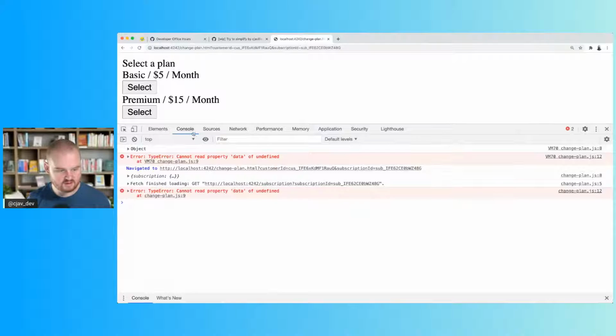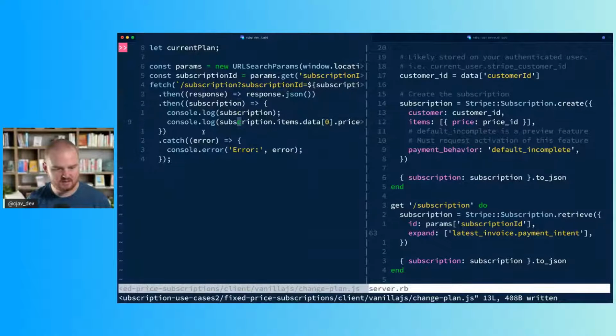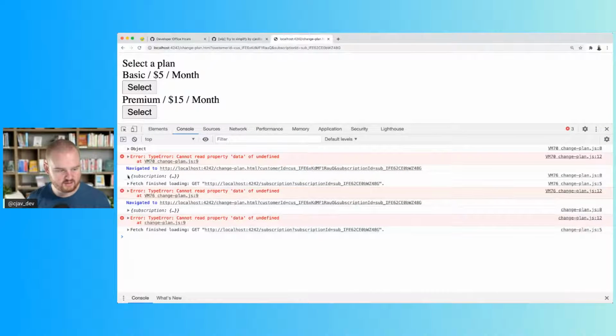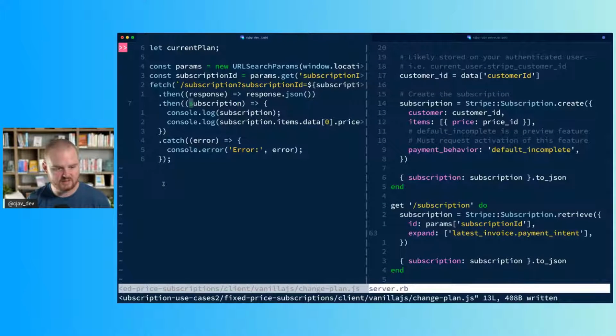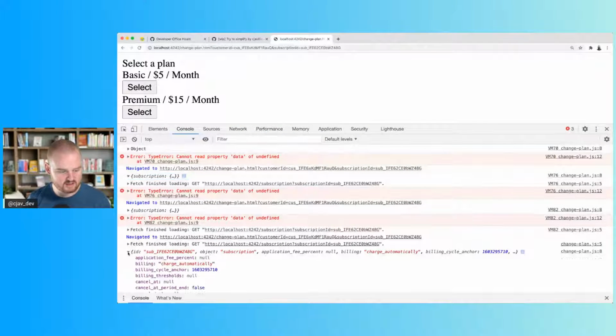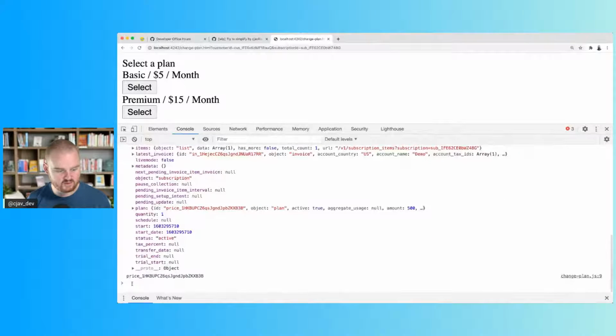So let's see. Refresh. So we're getting back, okay, so right, this is the response. We are being consistent about our responses always being nested. So okay, now we're getting back the right thing. So we see the price ID here, but this makes it a little bit